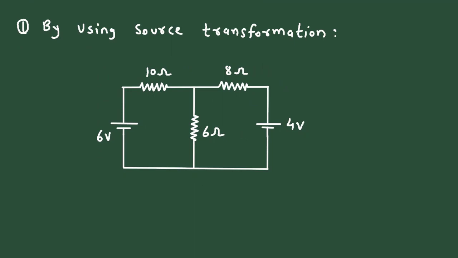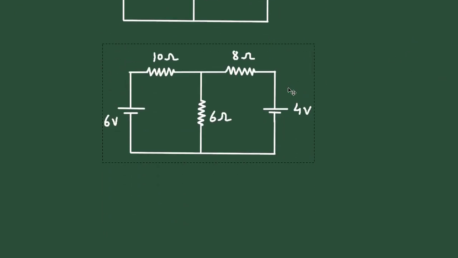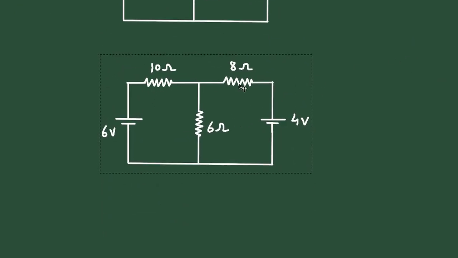Now first of all, let's convert this voltage source and this voltage source into its equivalent current source. So let's convert it. Now here we can see this resistor and this resistor are connected in series with this voltage source and with this voltage source respectively. So let's convert this series resistor into a parallel resistor. So it will be like this, and its value will be 10 ohm, and here this voltage source will be converted into its equivalent current source,